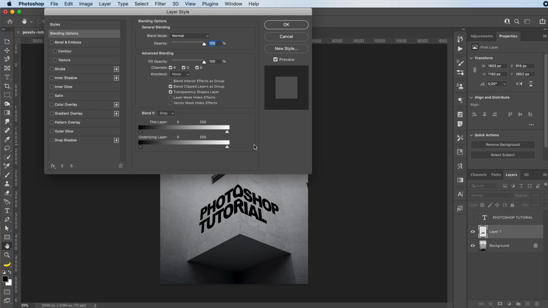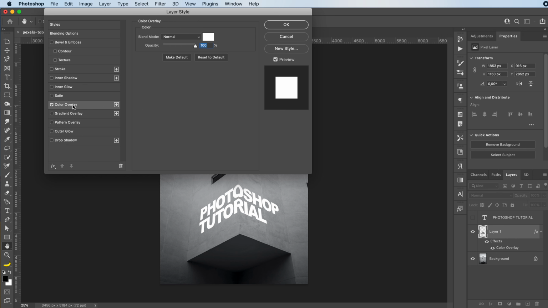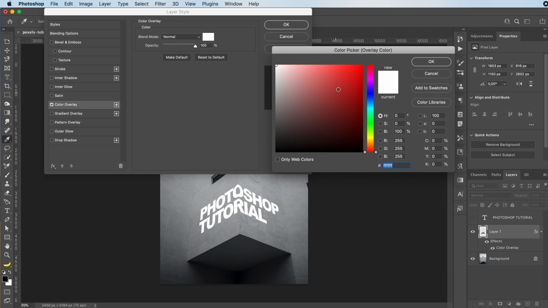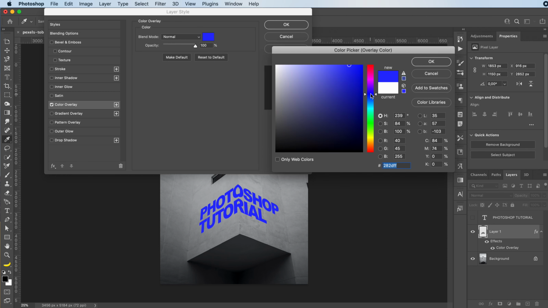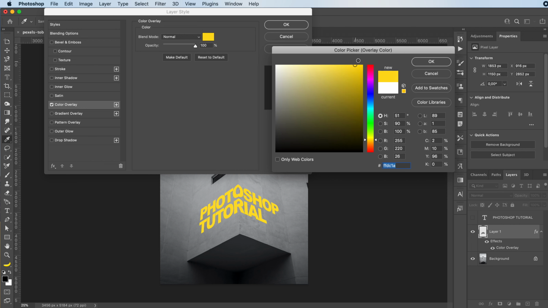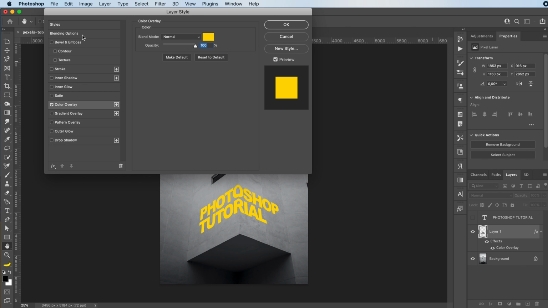Now you can double click on it, put color overlay, click here, you can just choose whichever color you like. I'm gonna go with a yellow orangey. Then